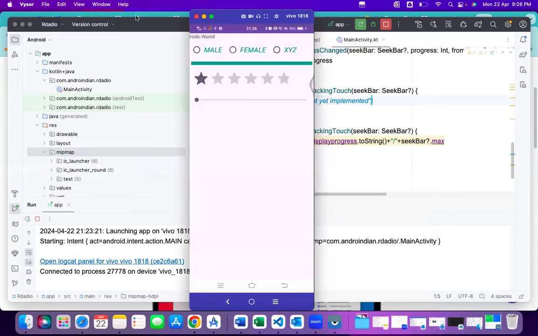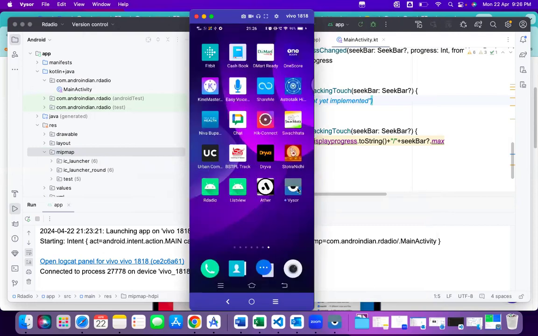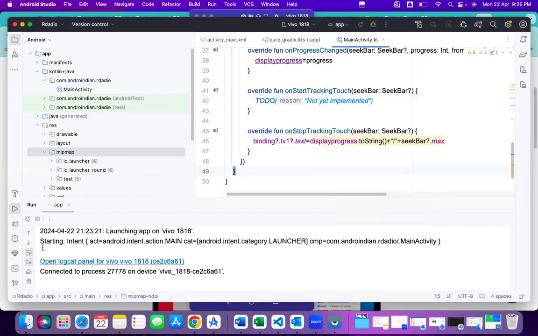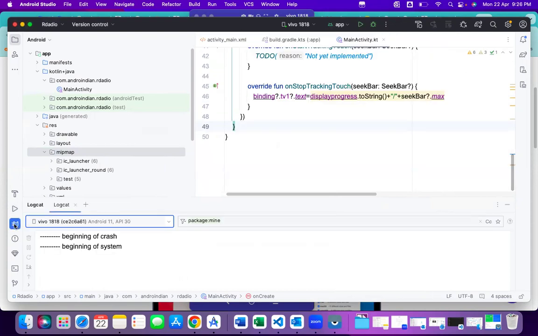See now, this is a SeekBar, right? In a SeekBar, see here whatever. Oh, it is closed here. Why is it closed? We are supposed to check here. Whenever we are running the application, if it is closed, we are supposed to check that in logcat. So in a logcat here,